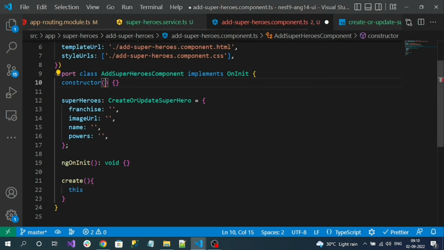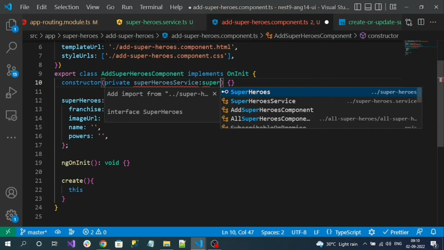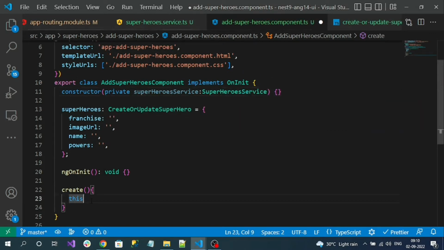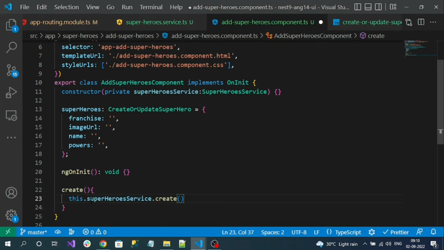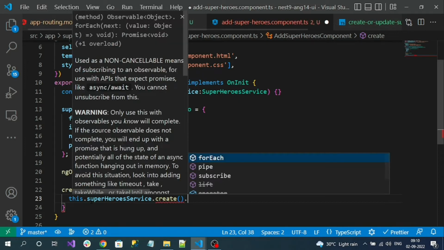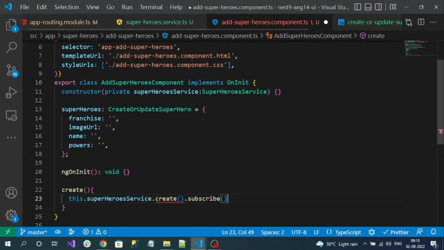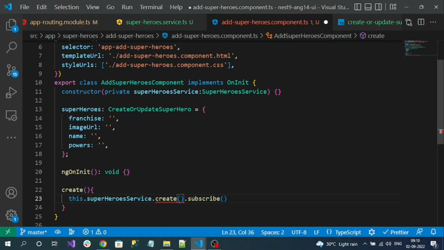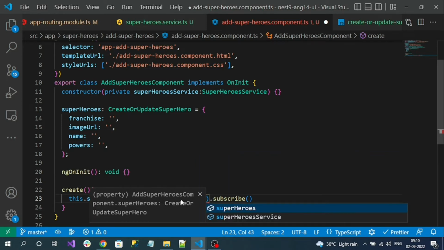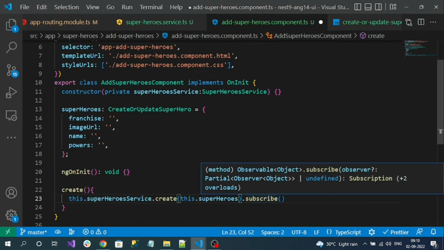So private superheroes service. Now I can use the service and I can consume the create method. For that I have to subscribe, right? Because to read the success of the API call. And the create method is expecting an input parameter, that is nothing but the payload, that is our form data. So here we have our form variable, that is superheroes. And in the subscribe method,